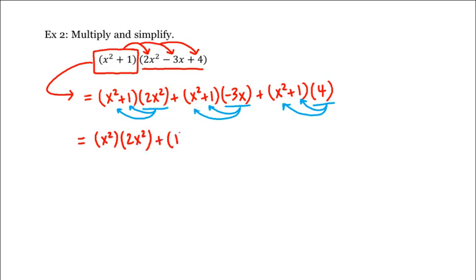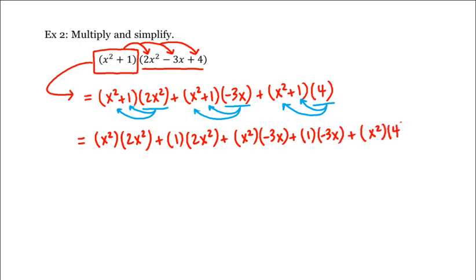plus 1 times 2x squared plus x squared times negative 3x plus 1 times negative 3x plus x squared times 4, and finally plus 1 times 4. And multiplying all these out gives us 2x to the fourth plus 2x squared minus 3x cubed minus 3x plus